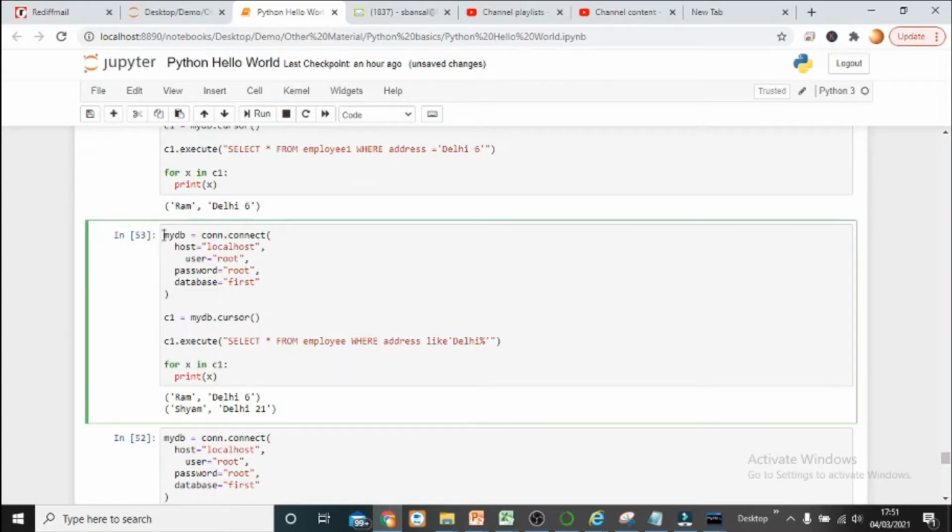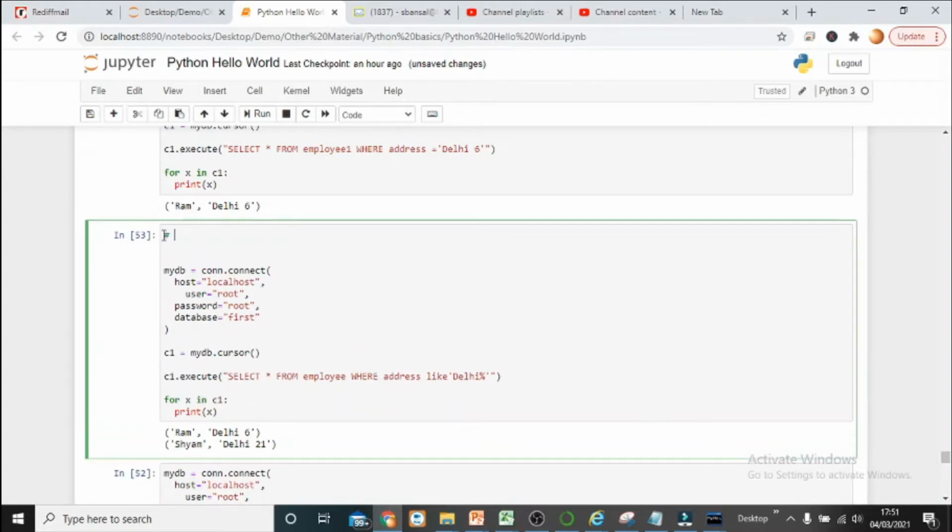Many a time there will be a case where you have an entry in the database as Ram, and you don't want the complete word to be mentioned; instead you just want to say that if AM is present in it, then it should come up, or if the entry is ending with M. So if you want to search all the entries which are ending with AM, Ram will come up, or any entries starting with M, or ending with M. This kind of filtration, where you fetch the data from the table based on some partial criteria, is called a wildcard.